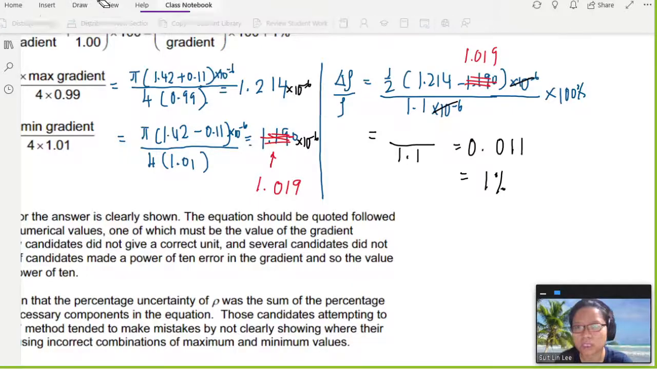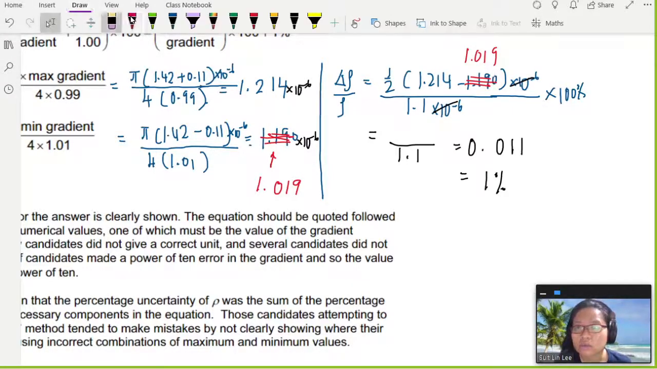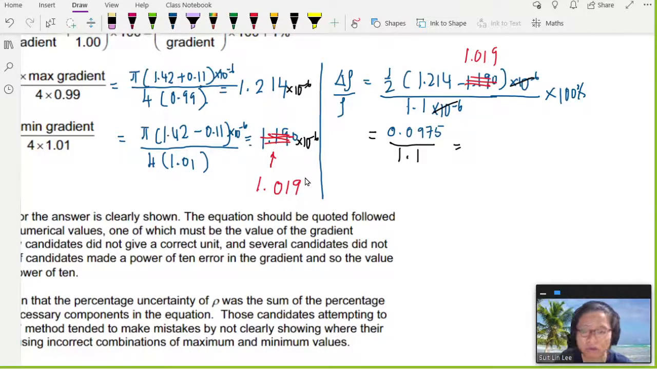this will be... Nothing is working already. Hang on. After subtraction... my calculator gone away again. Okay, so nothing works at night. 1.019. This is 1.214, 1.019 divided by 2. This is 0.0975. Okay, so after you press your calculator, this is how I know it's wrong, because I have